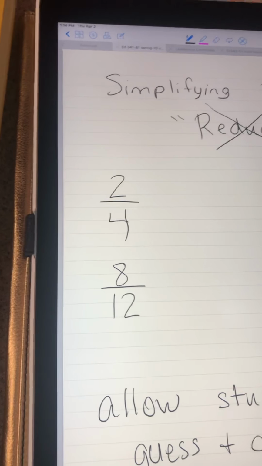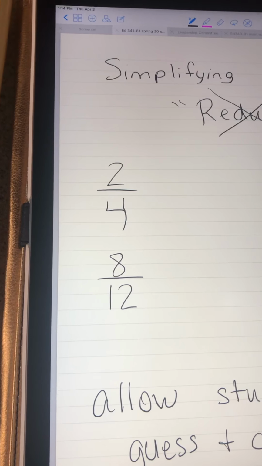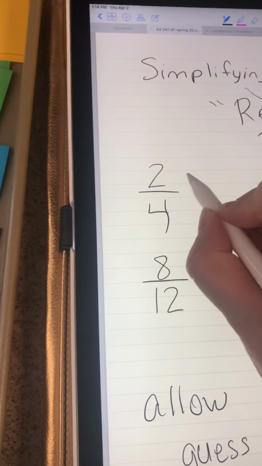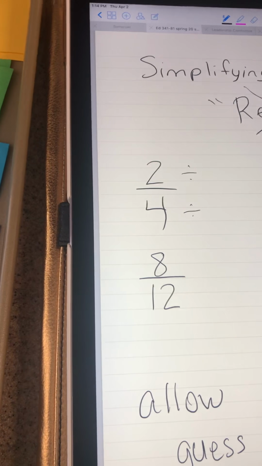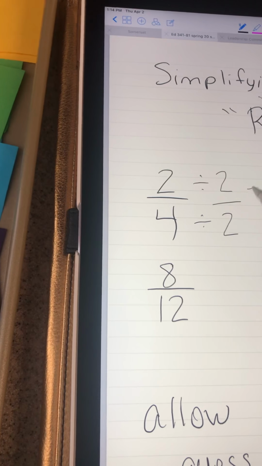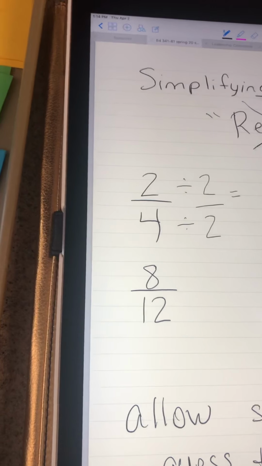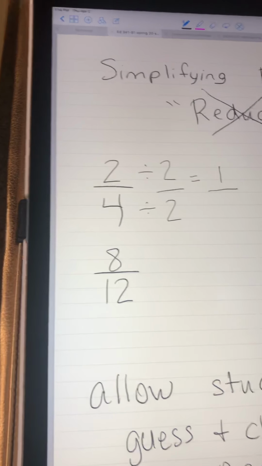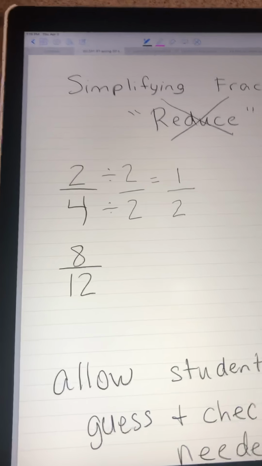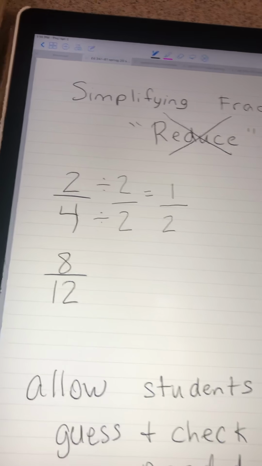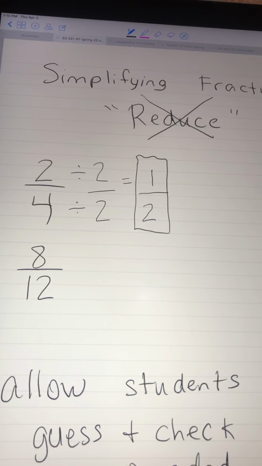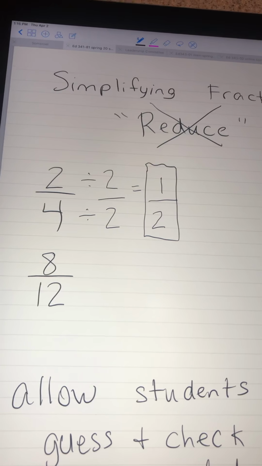Procedurally, you were probably taught that in order to simplify the fraction 2/4, you need to divide the numerator and the denominator by the same number. 2 divided by 2 is 1, and 4 divided by 2 is 2. So it's accurate to call this simplifying fractions because the fraction 1/2 is more simple to understand or to visualize